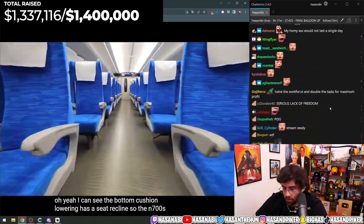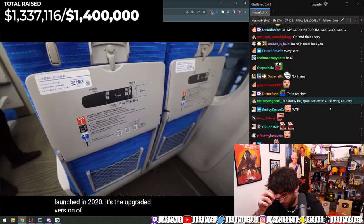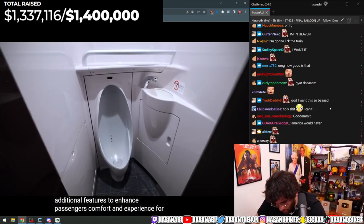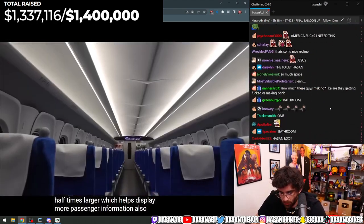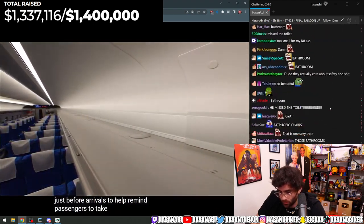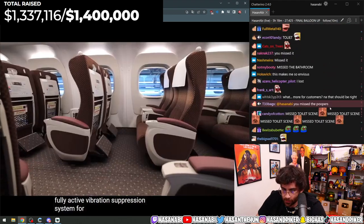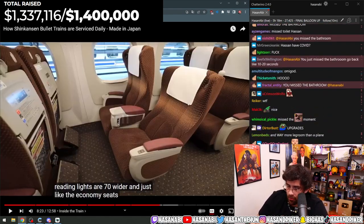Oh yeah, I can see the bottom cushion lowering as the seat reclines. So the N700S is the newest model Tokaido Shinkansen, launched in 2020. It's the upgraded version of the N700A, so it looks similar to the previous model, but with additional features to enhance passengers' comfort and experience. For example, the digital screen is 1.5 times larger, which helps display more passenger information. Also, the passenger compartment lights up overhead just before arrivals to help remind passengers to take their bags. In the green car, which is their business class carriage, the seats are installed with a fully active vibration suppression system for a more comfortable ride. Reading lights are 70% wider, and just like the economy seats,